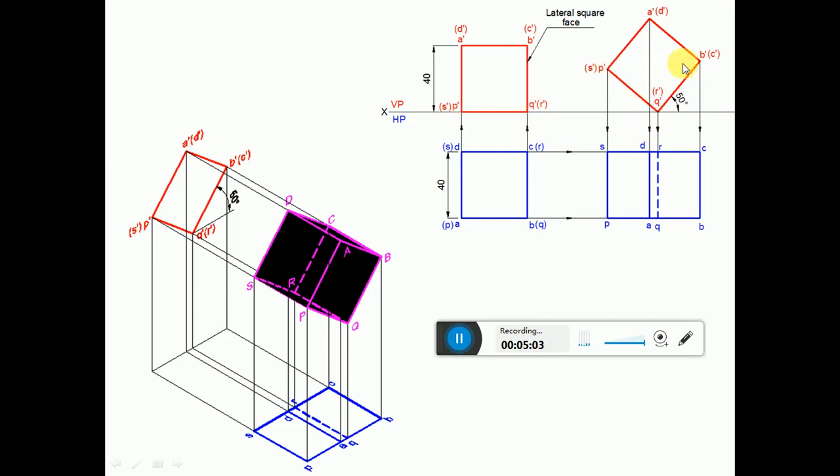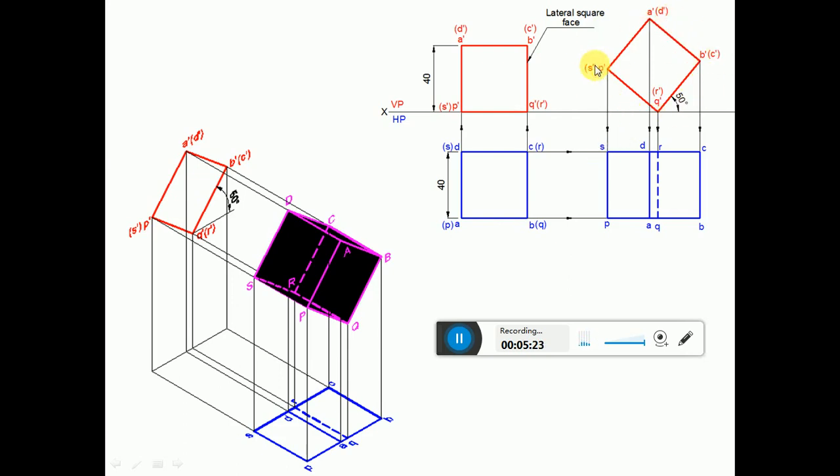And similarly you measure the distance from B dash to A dash. From B dash we are going to cut this arc. But both will have the same length. So then name them A dash D dash, P dash S dash. Then complete the view here, exactly similar to what you have in the front view of the first position. So you are going to complete the square here.